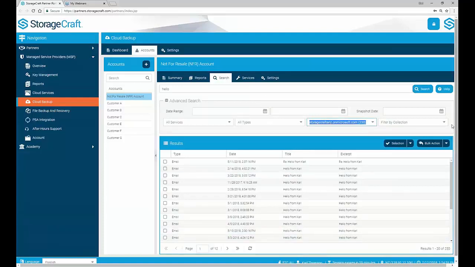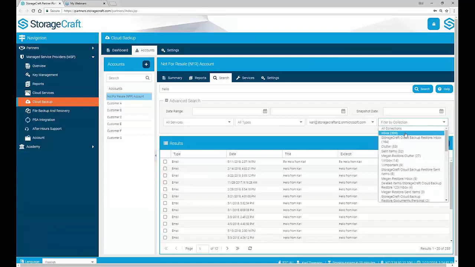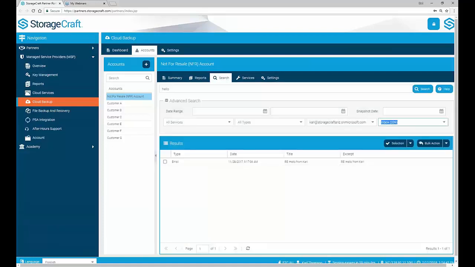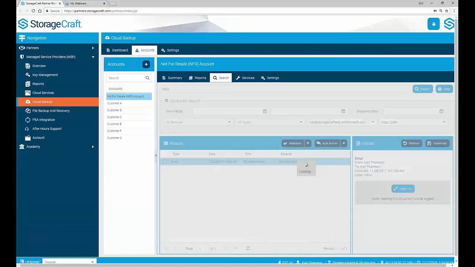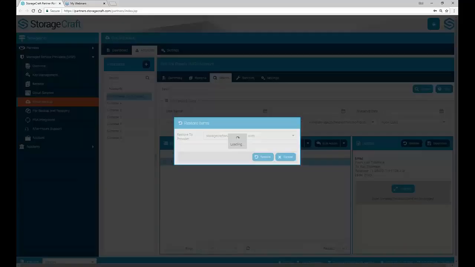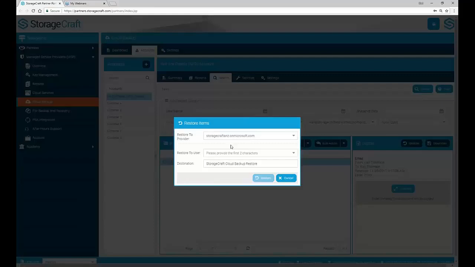Maybe I filter it by email or by inbox to, you want to easily reduce the search. And you might have searched for a PO number or a contractor's name. We're searching the whole tenancy. Maybe that's what I was looking for. I click on that. I can download it straight away, or I can just simply restore it straight back into the Office tenancy. So click Restore, choose the Office 365 provider, type in a user,